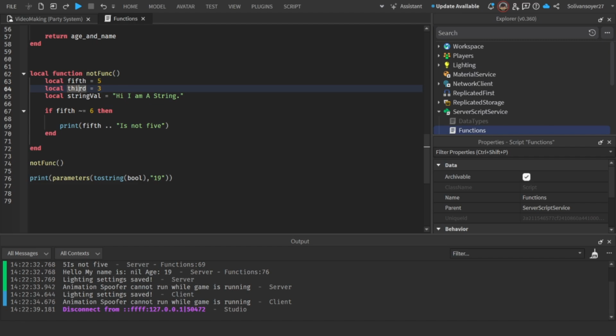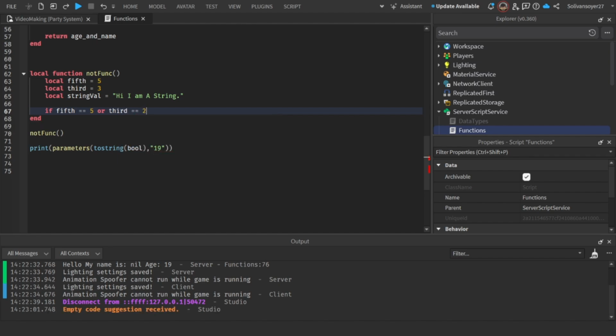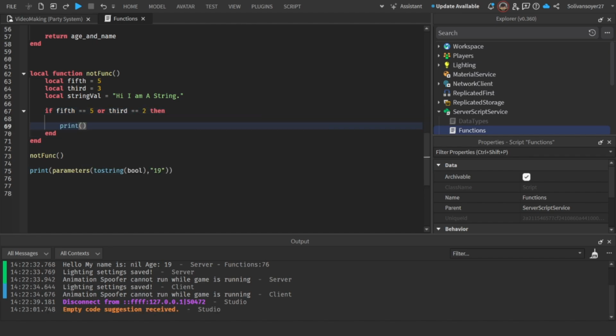And then now we can also say an or statement. An or statement, basically, has two conditionals. So if fifth is equal to 5, or third is equal to 2, then run. And basically